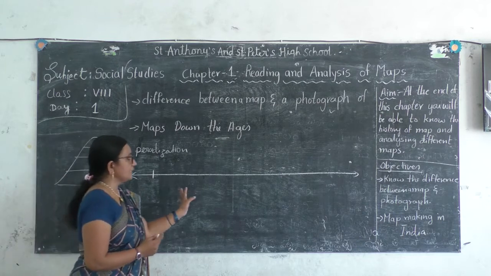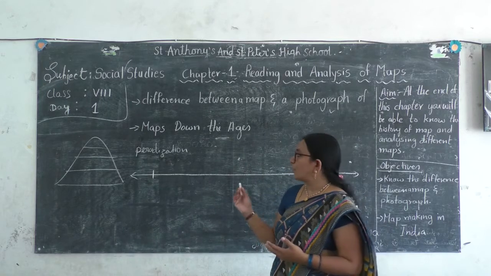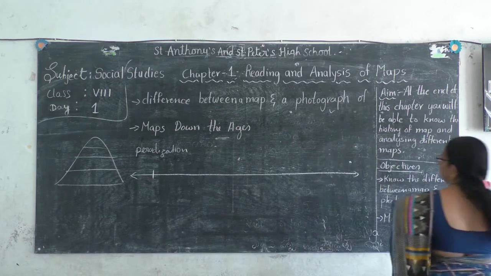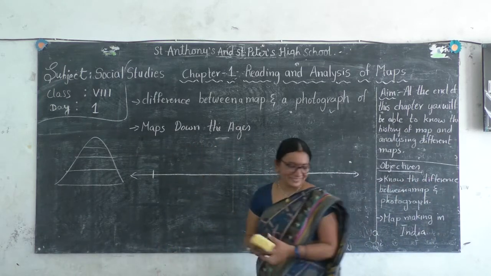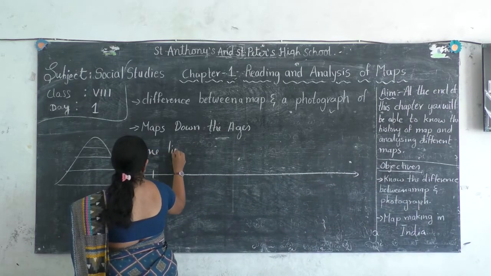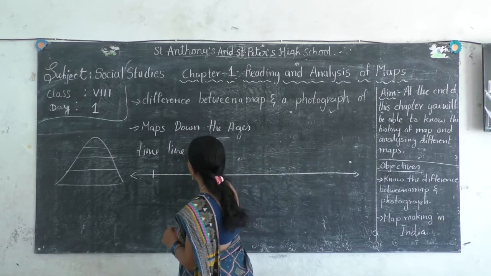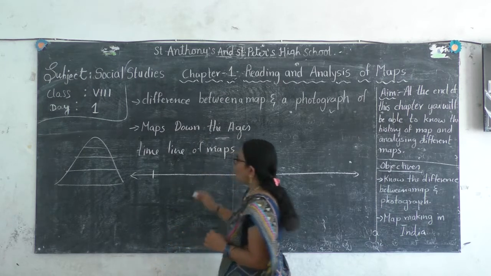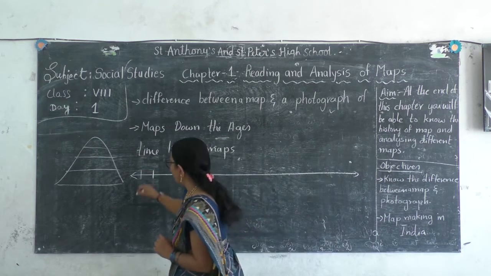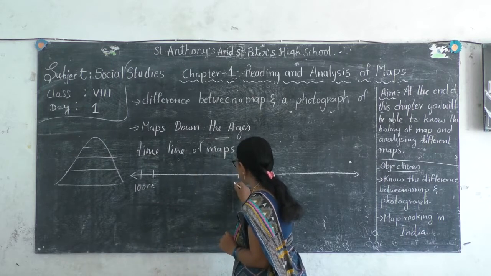Periodization: how history is periodized. So what does it mean? We can say the chronology of maps, a timeline. We can also define it as the chronology of maps or periodization of maps. However, we will find from the year 100 CE to 700 CE,